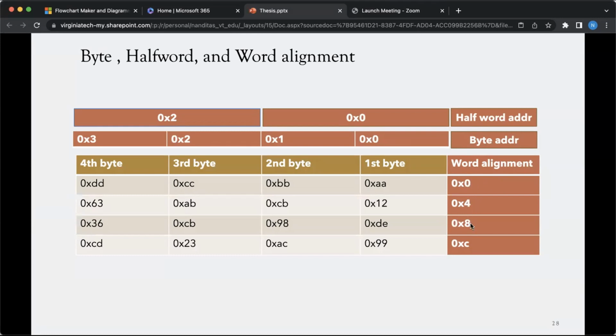So it's going to be 0, 4, 8, 12, and so on, because we are retrieving 32 bits. Whereas if we have to retrieve just a single byte, then the address can be 0, 1, 2, 3, 4, 5, anything. And if we are trying to retrieve a half word, meaning 16 bits, which is 2 bytes, then our address has to be 0, 2, 4, 6, and so on. So whenever an offset has to be word aligned, the last two bits are always 0. For half word addresses, the last bit is always 0, whereas for byte addresses we can have any address and it would work.